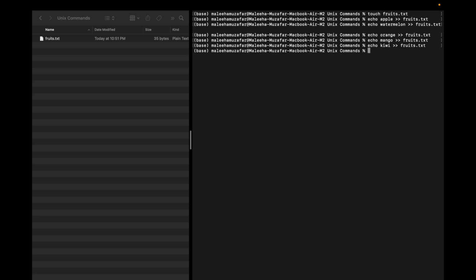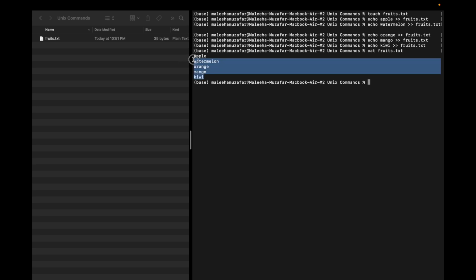If I now do cat fruits.txt, you can see there is a list of fruits in the file. Now, what you can do is you can sort all of these. So right now they're not in alphabetic order. There's apple, watermelon, orange, mango, kiwi. There's a command to sort